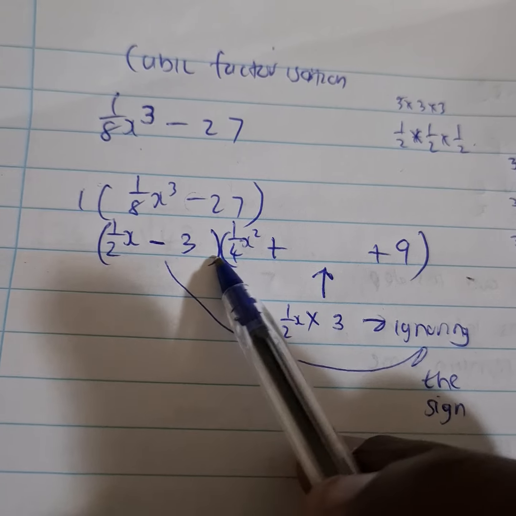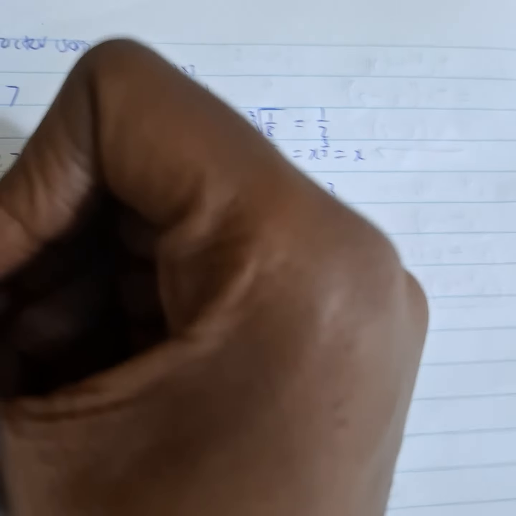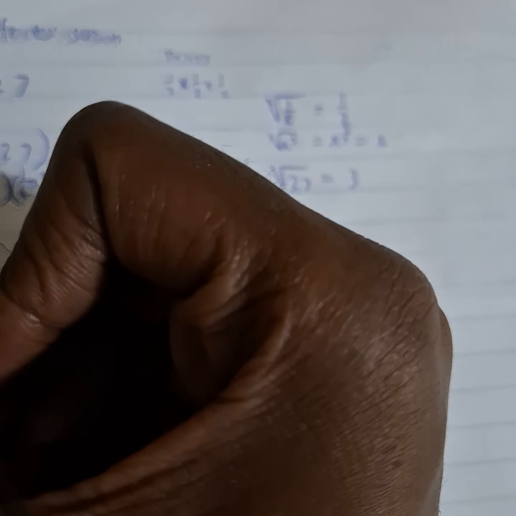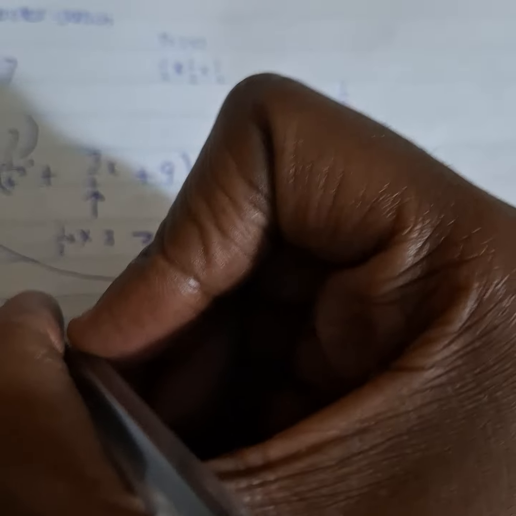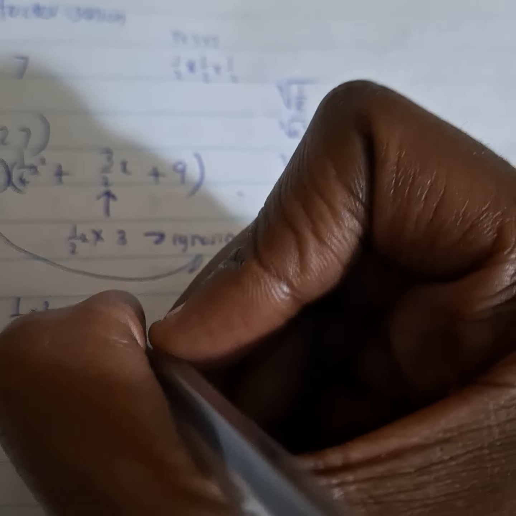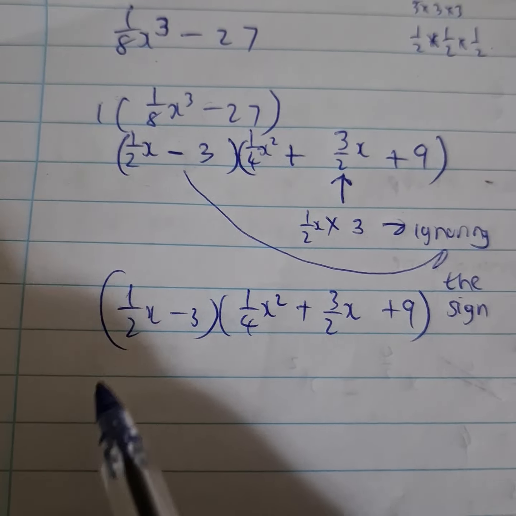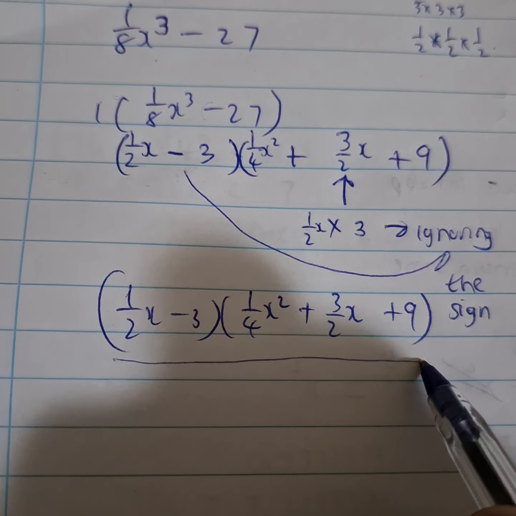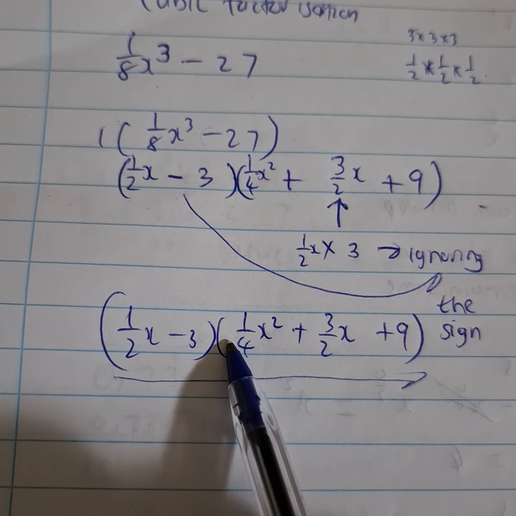So a half x times 3 gives us 3 over 2 x. And guys, that's it, done. So our answer for factorizing this cubic factorization of a difference of 2 cubes is half x minus 3 into 1 over 4 x